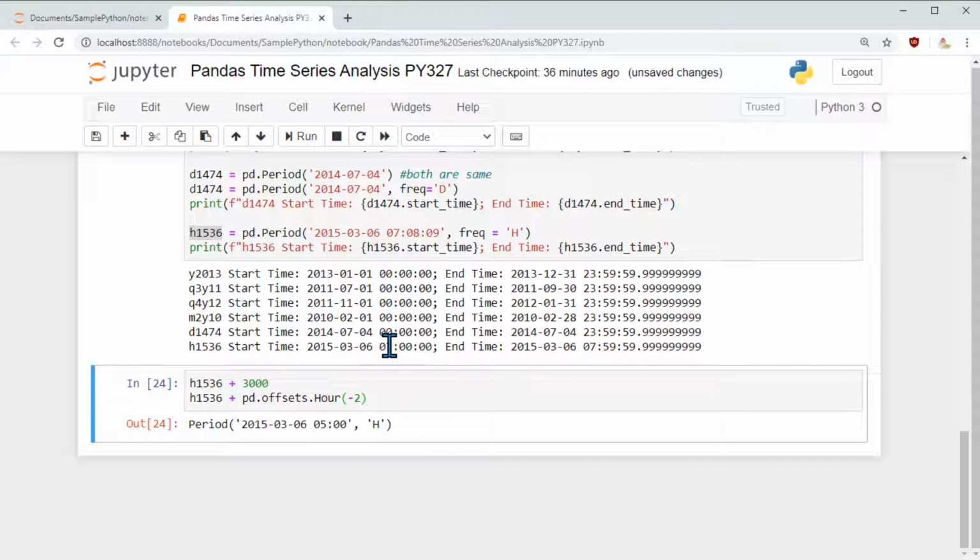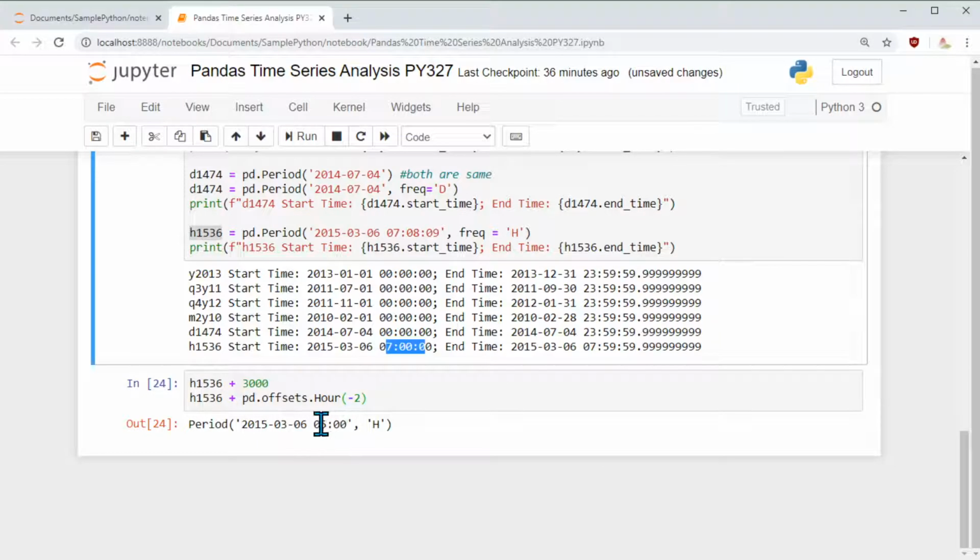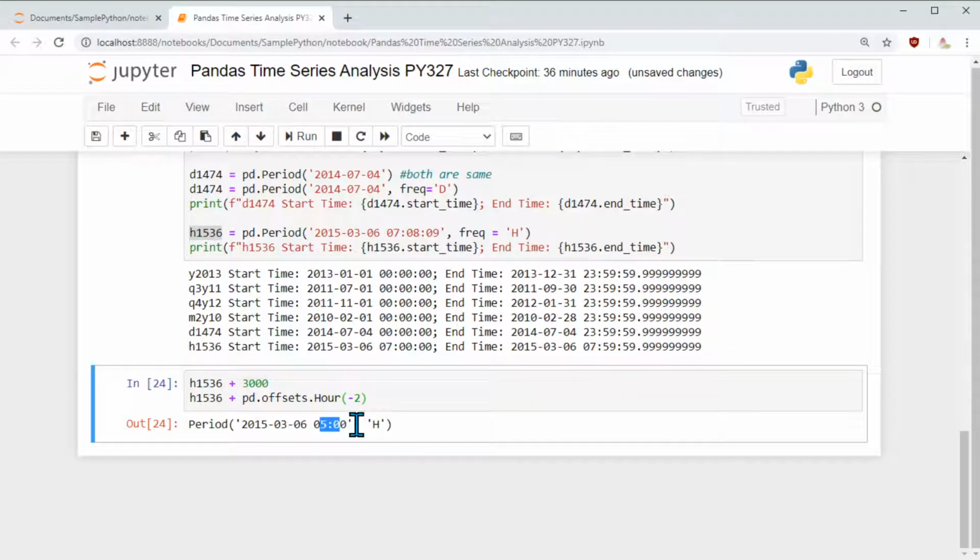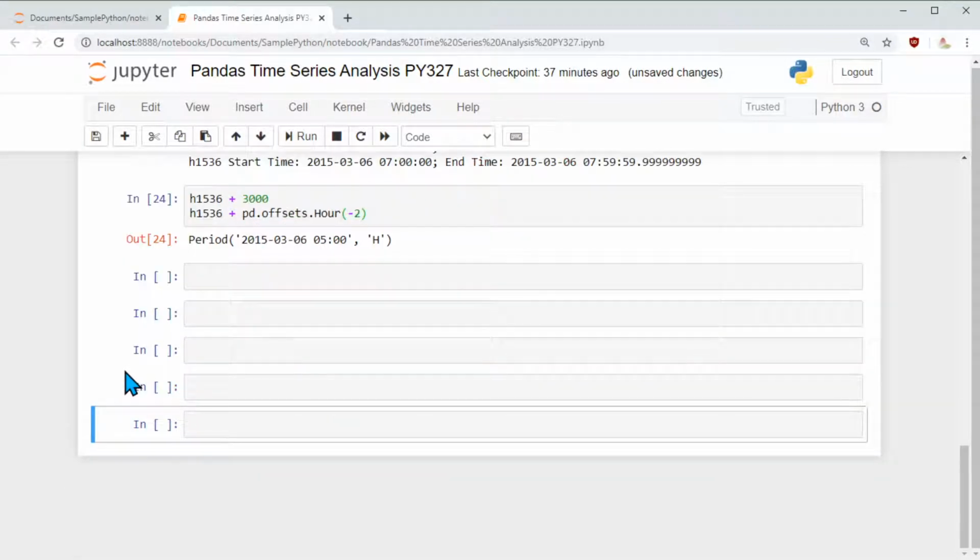Here we had 7 o'clock, 7 a.m. Here we have 5 a.m., right? So that way we are able to do simple arithmetic on periods as well. This is throwing out a new period, same 1 hour, but instead of starting at 7, it is starting at 5. Let me add a few more command lines.